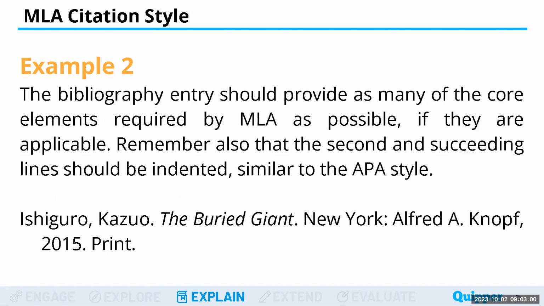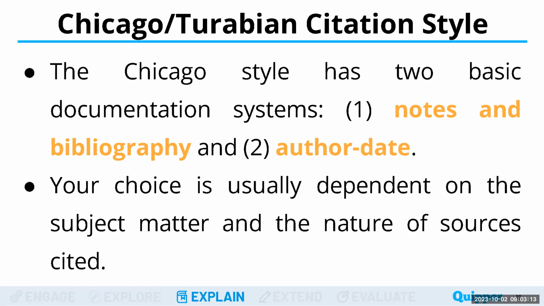You have there the author, the title of the work, the place of publication, the year of the publication, and how it was published, or the digital object identifier, which in this case, it was a print material. Now let's go to the last